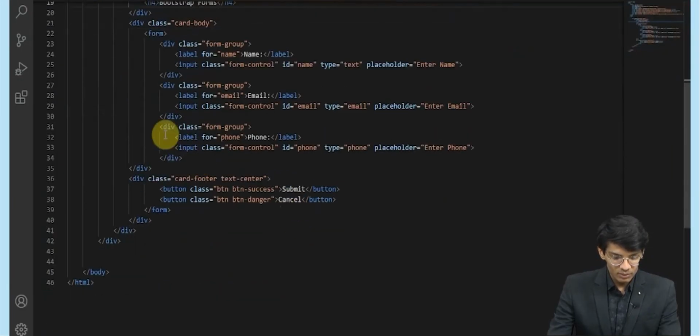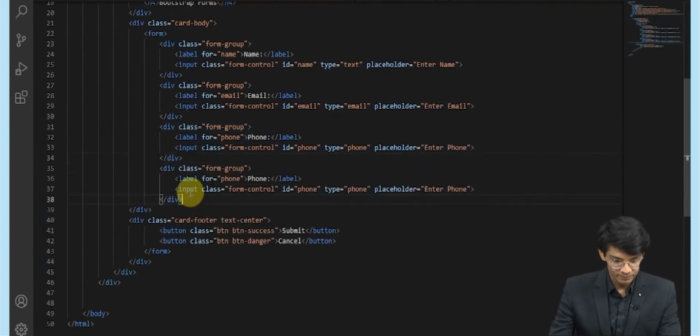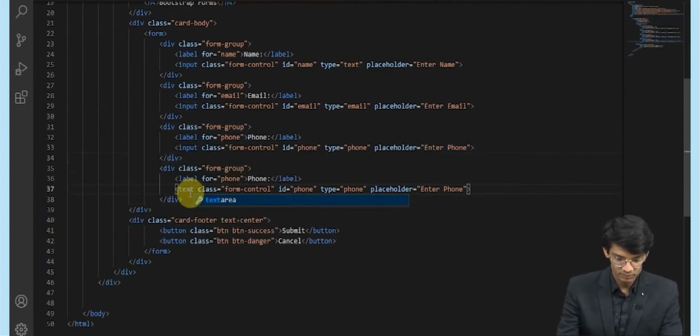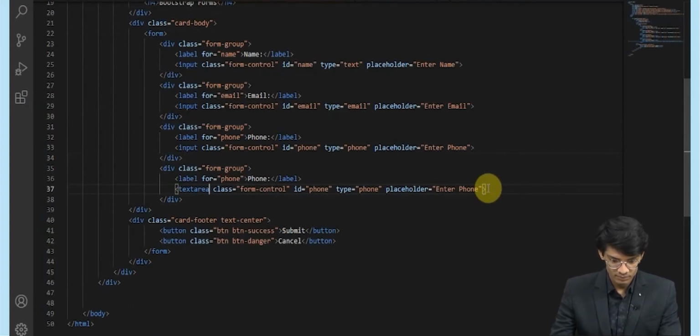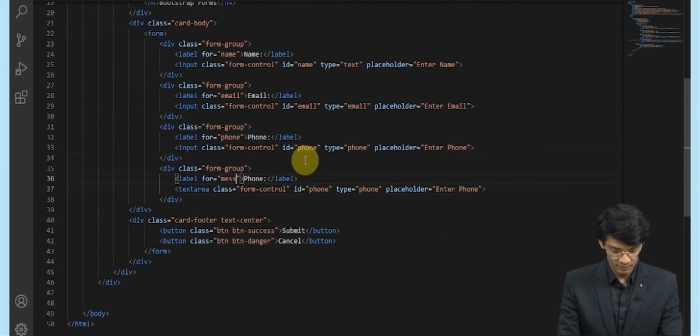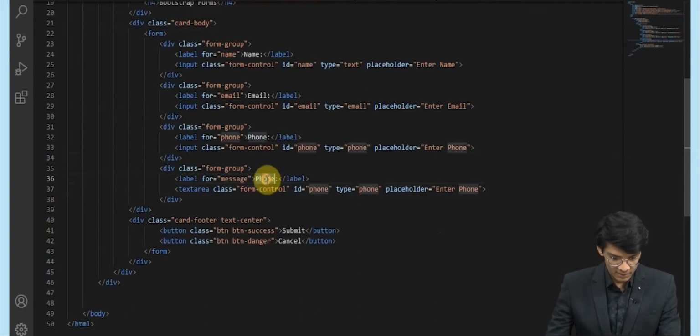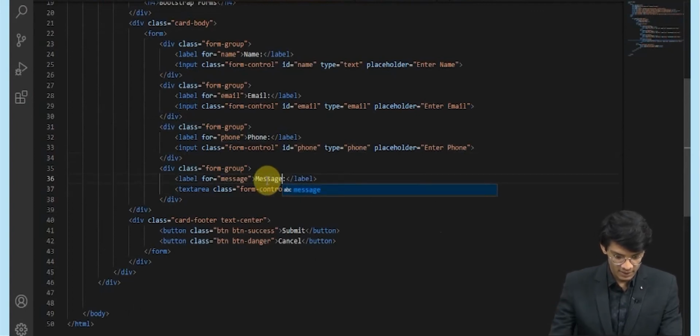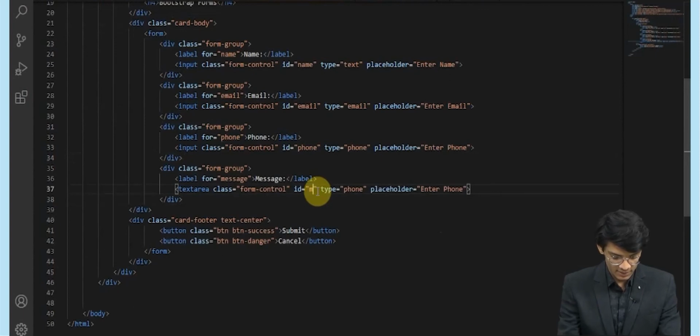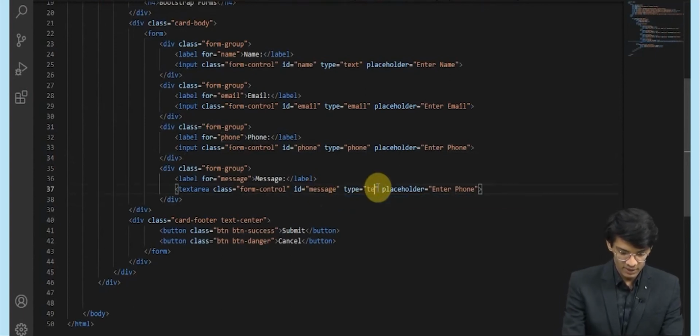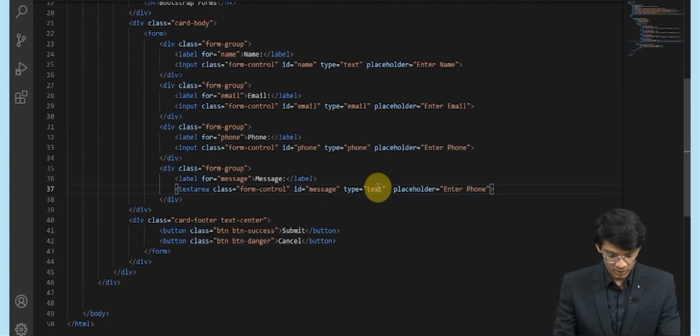Let's just try to add a text area with a placeholder. We'll write message and we'll give it rows 3.